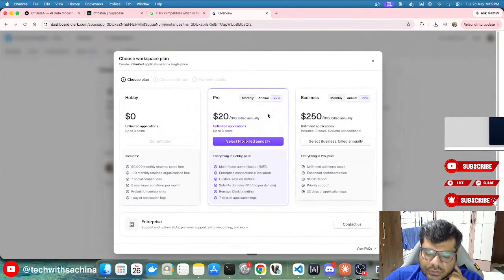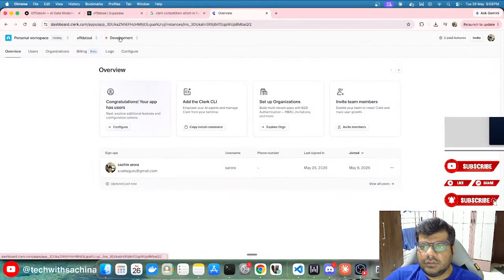So this is $20 per month with up to 3 seats, right? I need to get this in order to move it from development to production, right? So that's the main problem. I'm not sure whether there's a way to remove that development thing that is coming.